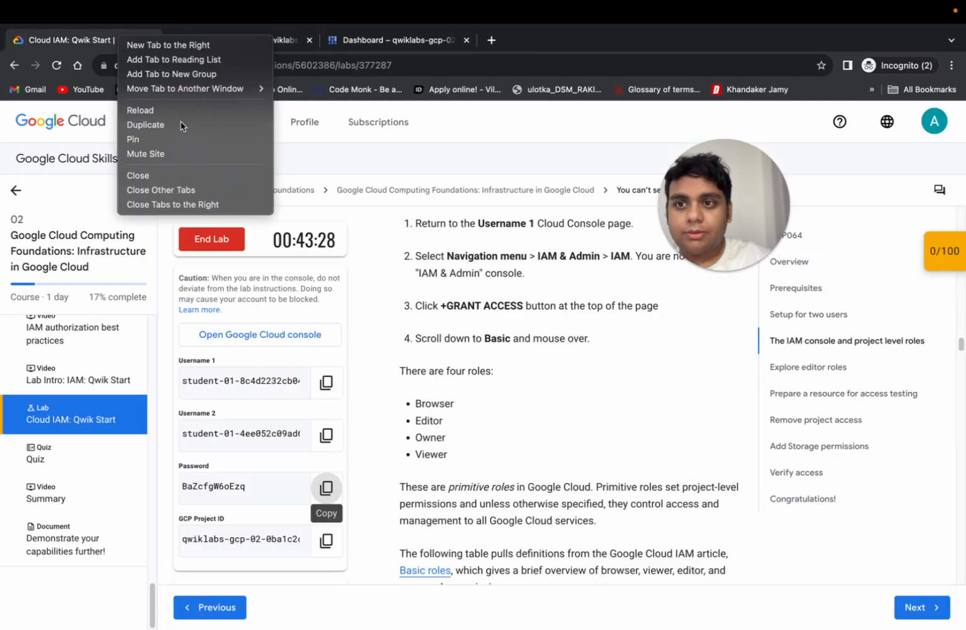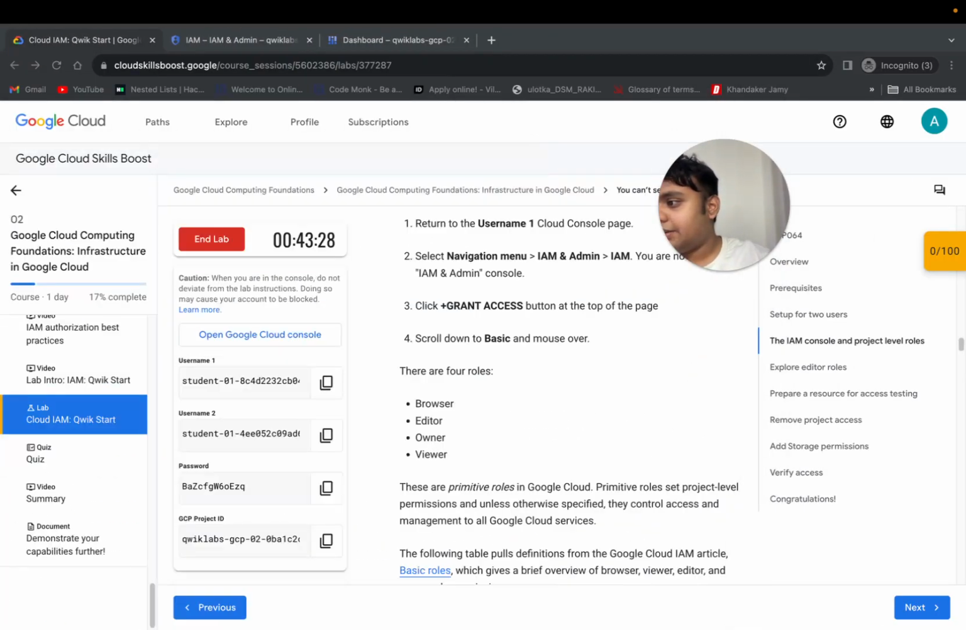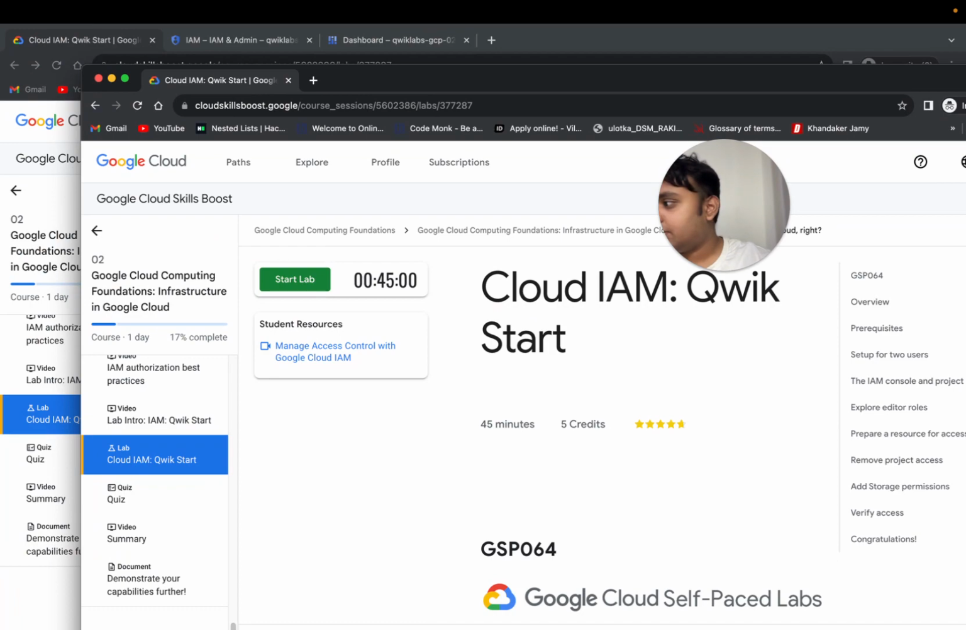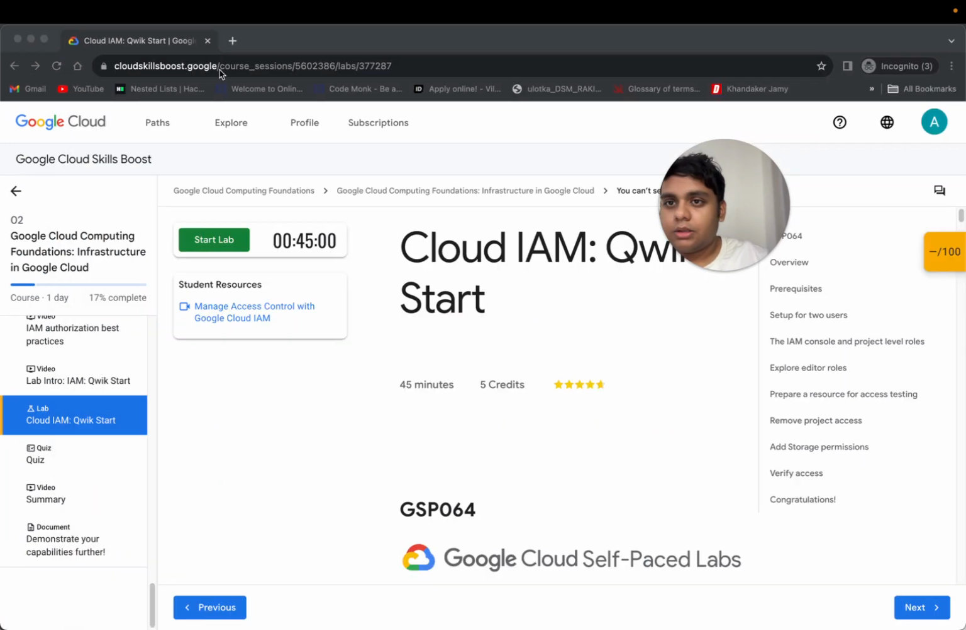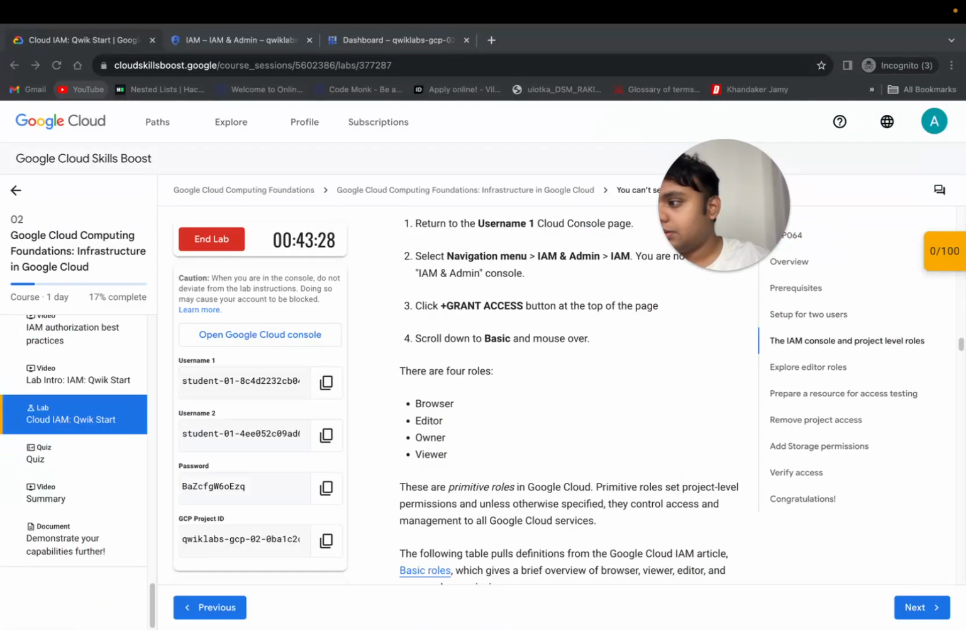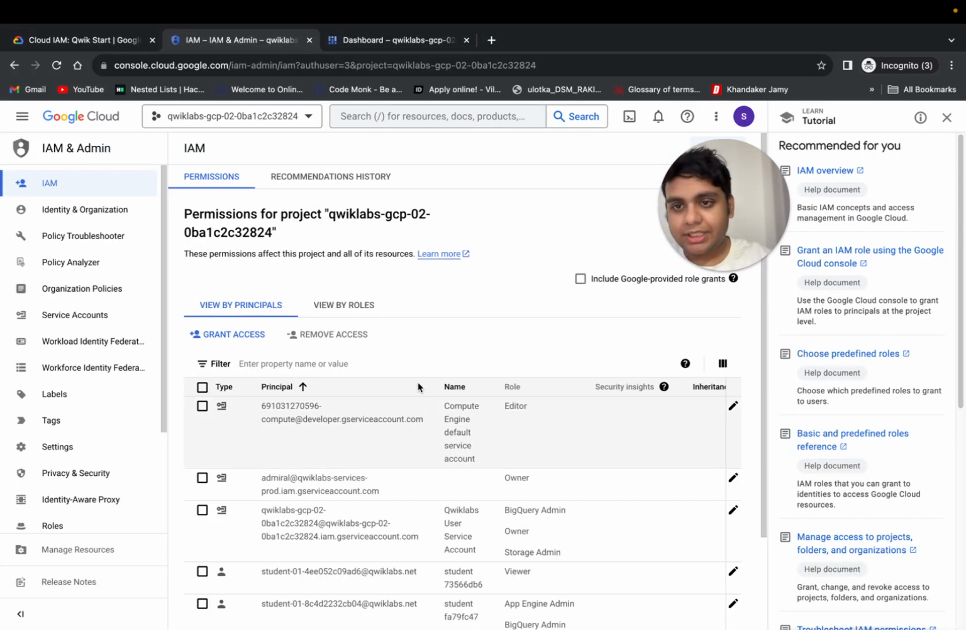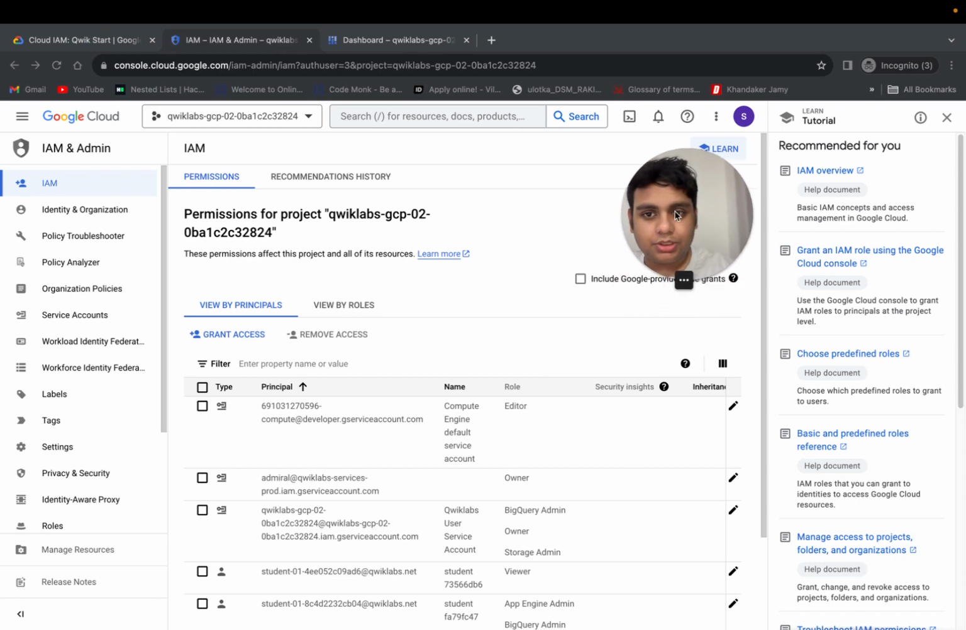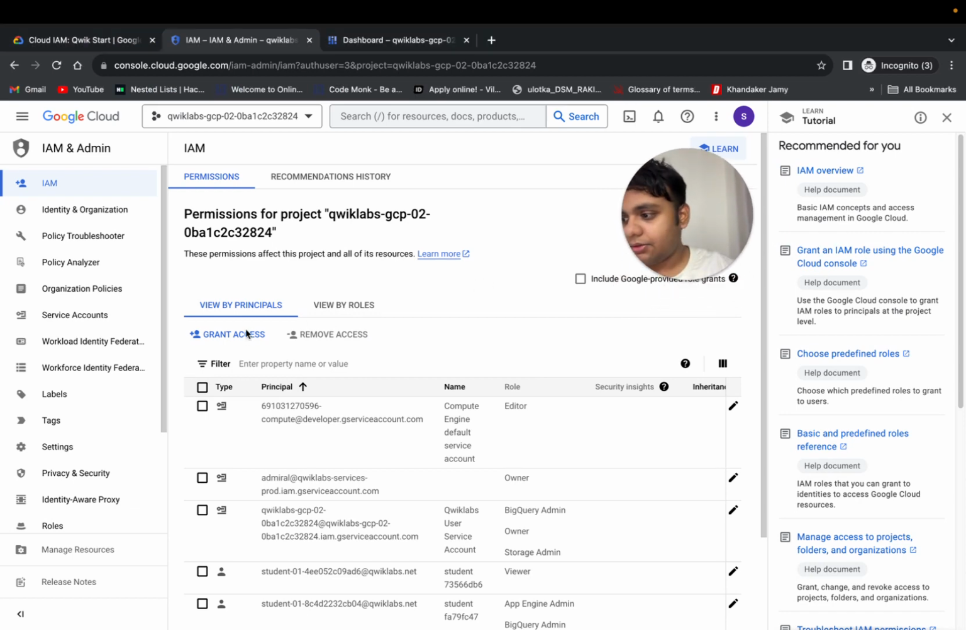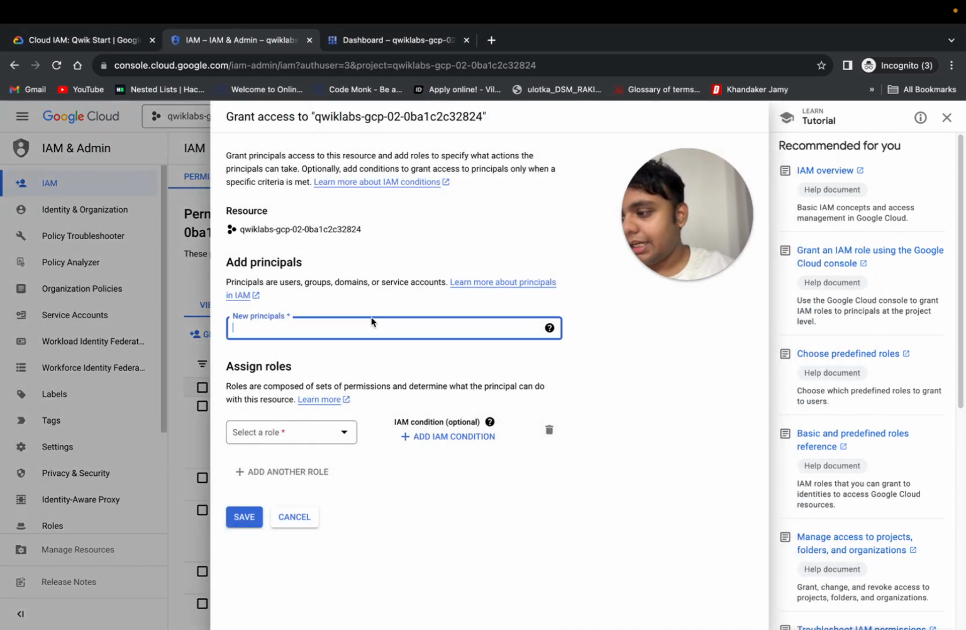Let me just duplicate this and bring it right here, so it'll be easy for all of us. One second. Alright, so now we're here. What we'll do is we'll click grant permissions, so grant access. So we'll click that, and